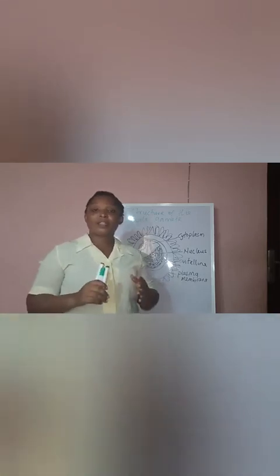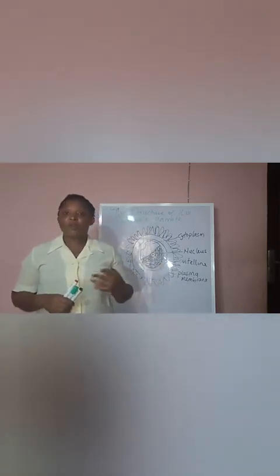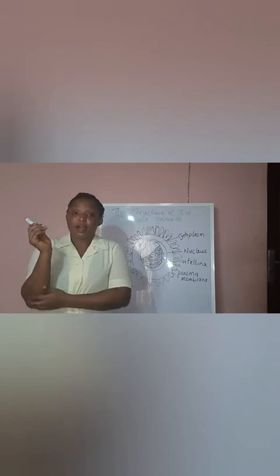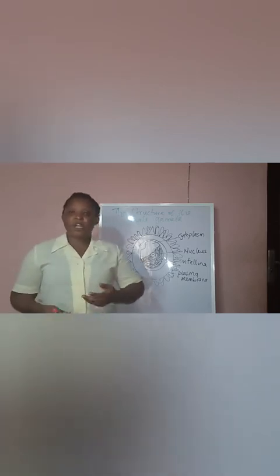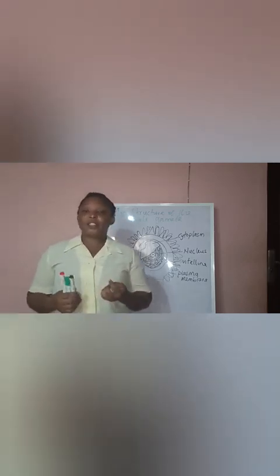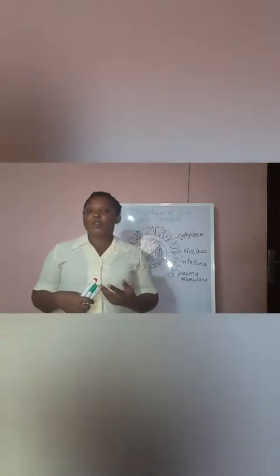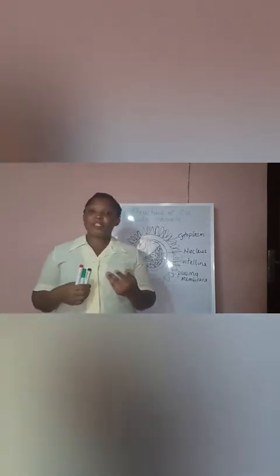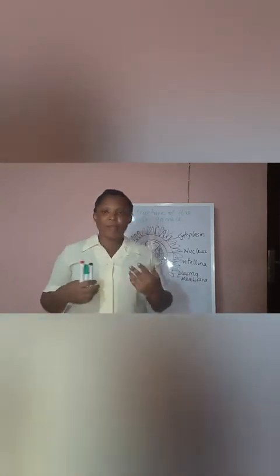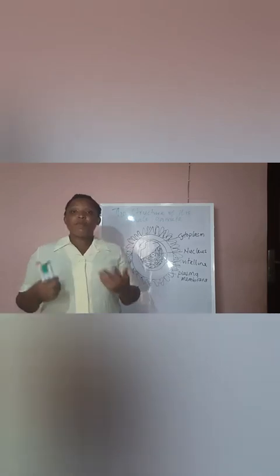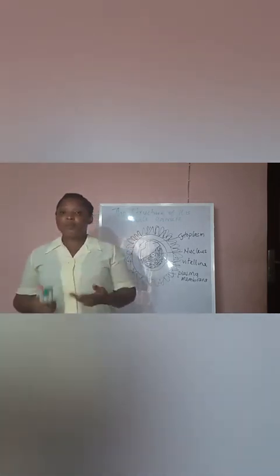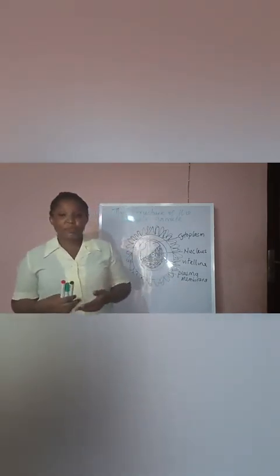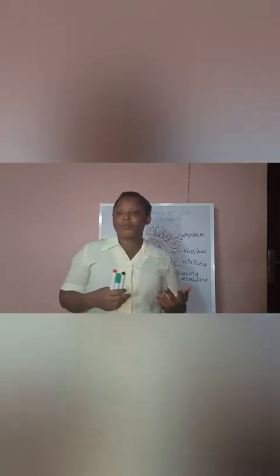The male gamete has a tail or flagellum for movement, while the female gamete does not have flagella for movement. The male gamete has a head, while the female gamete does not possess one. The male gamete lacks the vitelline membrane, while the female gamete possesses the vitelline membrane. So these are the differences between the two gametes.